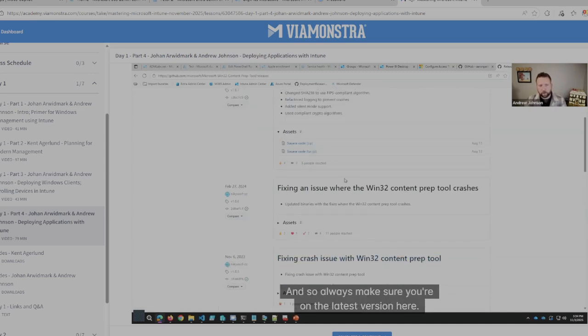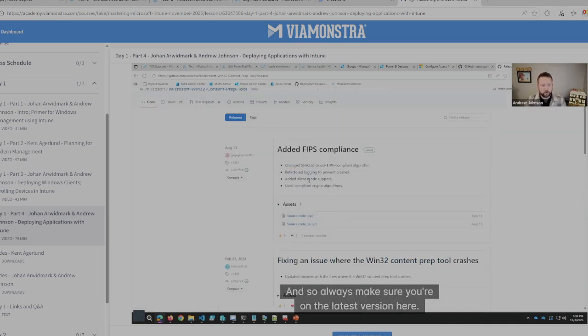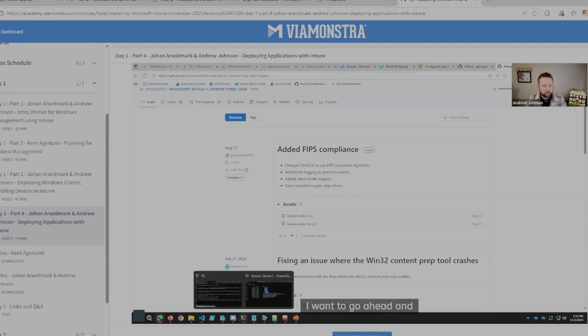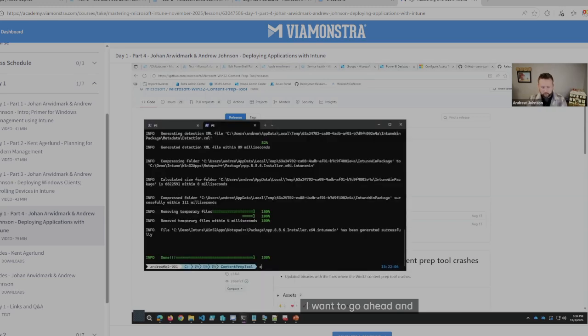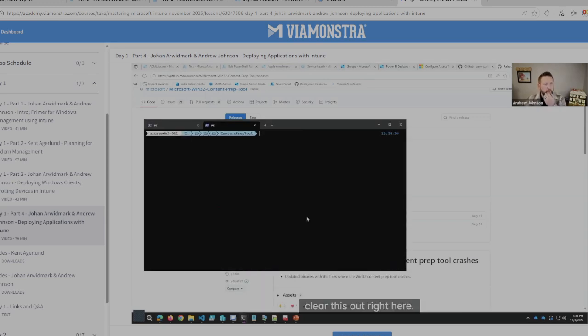And so always make sure you're on the latest version here. So I've already downloaded the latest version. I want to go ahead and let's clear this out right here. I've already got it in this directory. Downloaded the GitHub content here and extracted it. And so if we have never used the content prep tool before, it's pretty easy